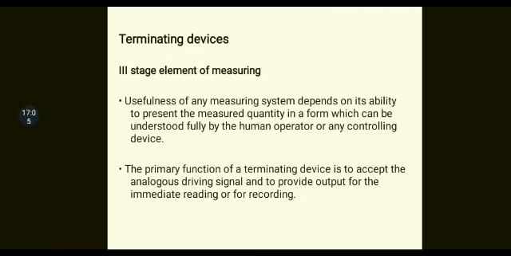Okay, it's like this. Say for example you are a CID officer. Now you have gone to some man to collect some information in a general manner, and you have switched on your recorder. You go, talk and come back, and the recorder did not start. What is the use here? You should understand it like this. The recorder should immediately start as and when the intermediate modifying device gives an input signal to it. Then it should record and display it in an understandable manner within no time. This is the primary function of any of the terminating devices.